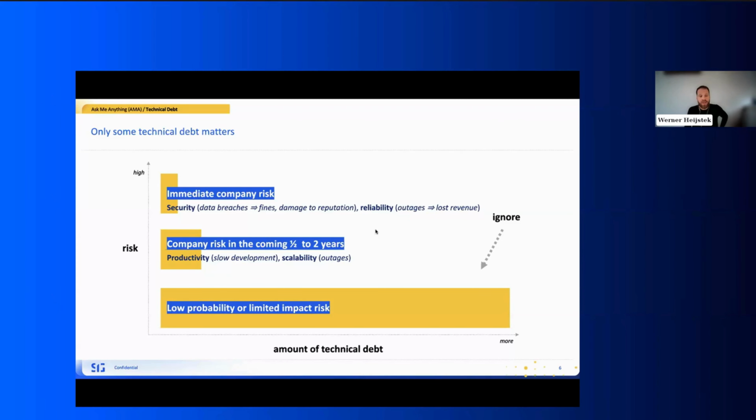So if you run an organization and you sometimes meet these managers, they go, we are the best in security, or we need the best resiliency, and we need the most cloud nativeness and the highest scalability. And then you show them the hypothetical bill for these things, that's unaffordable. That's just not possible. And you need to make trade-offs there. So what level of security are you comfortable with? What degree of scalability is really required for your business?